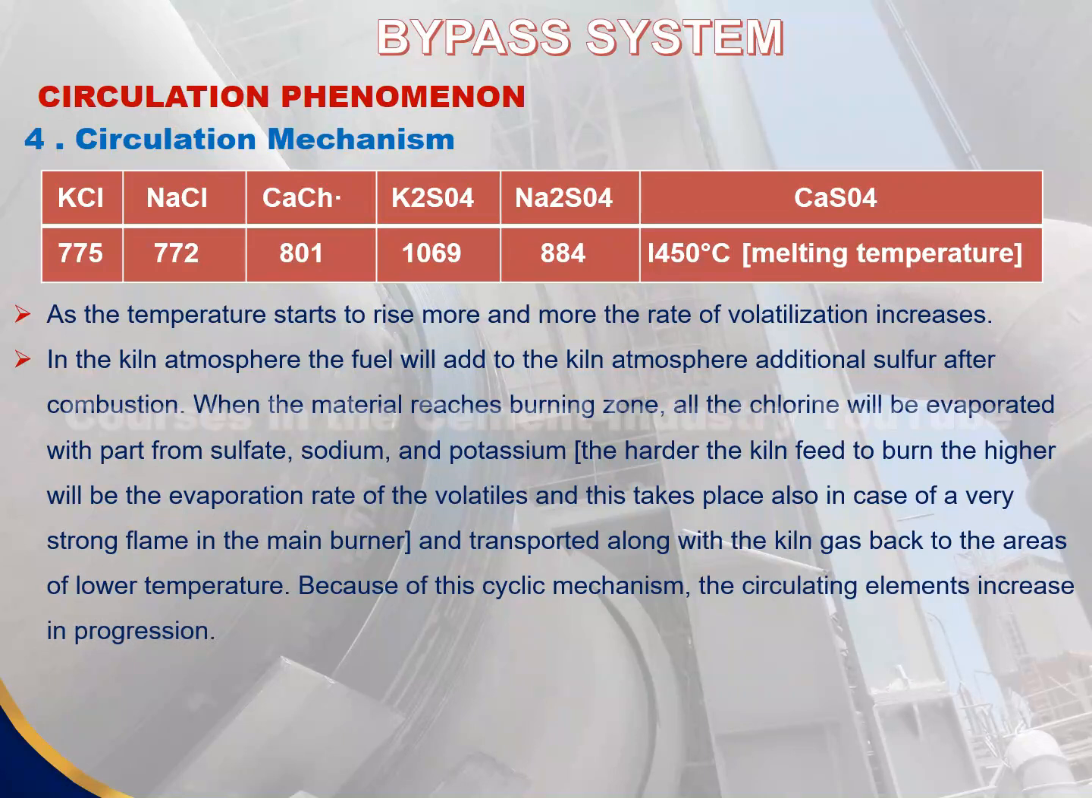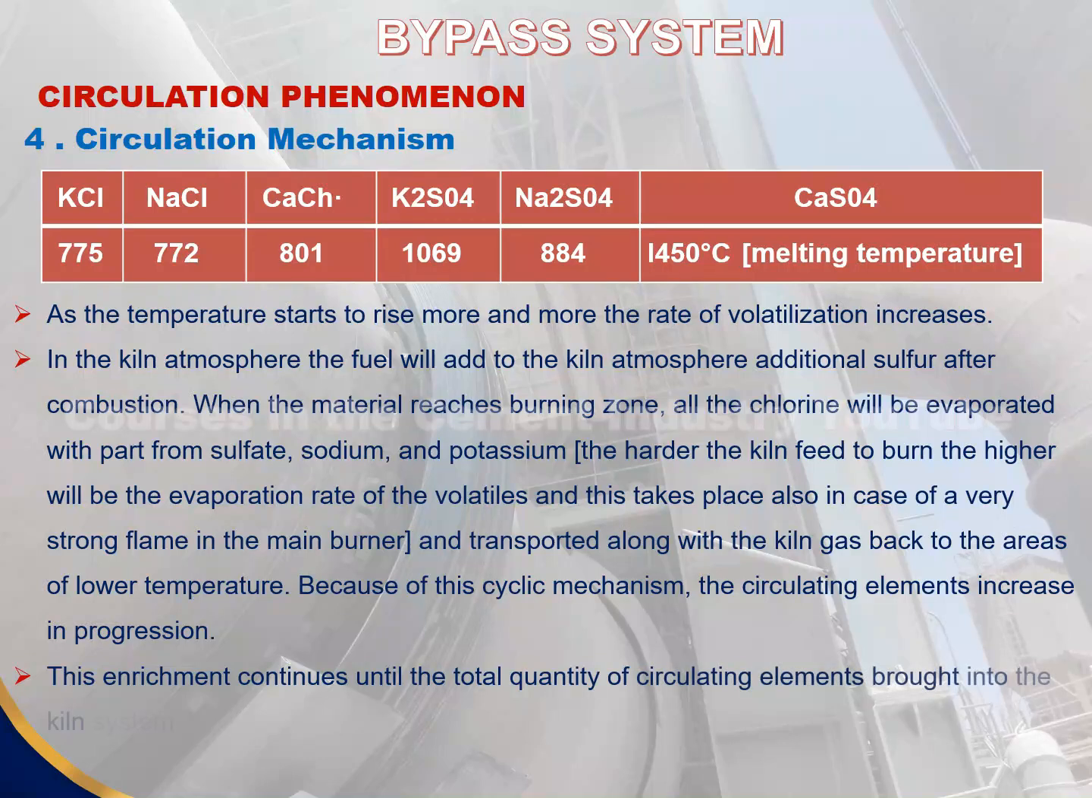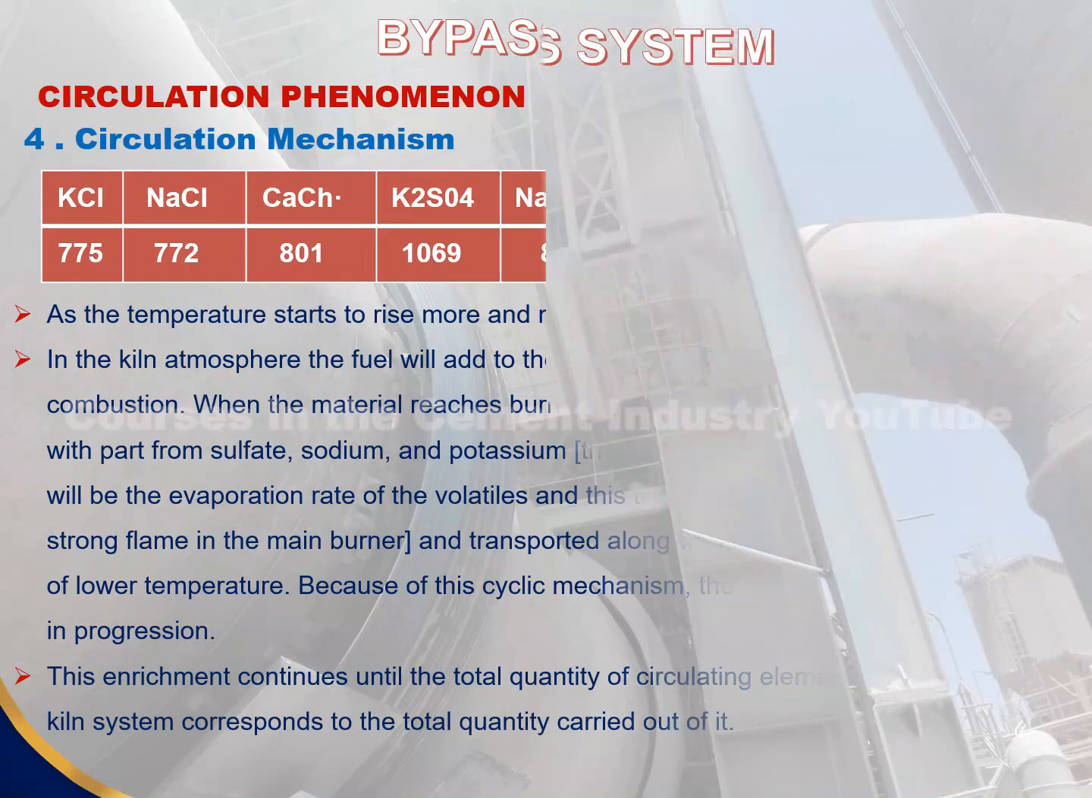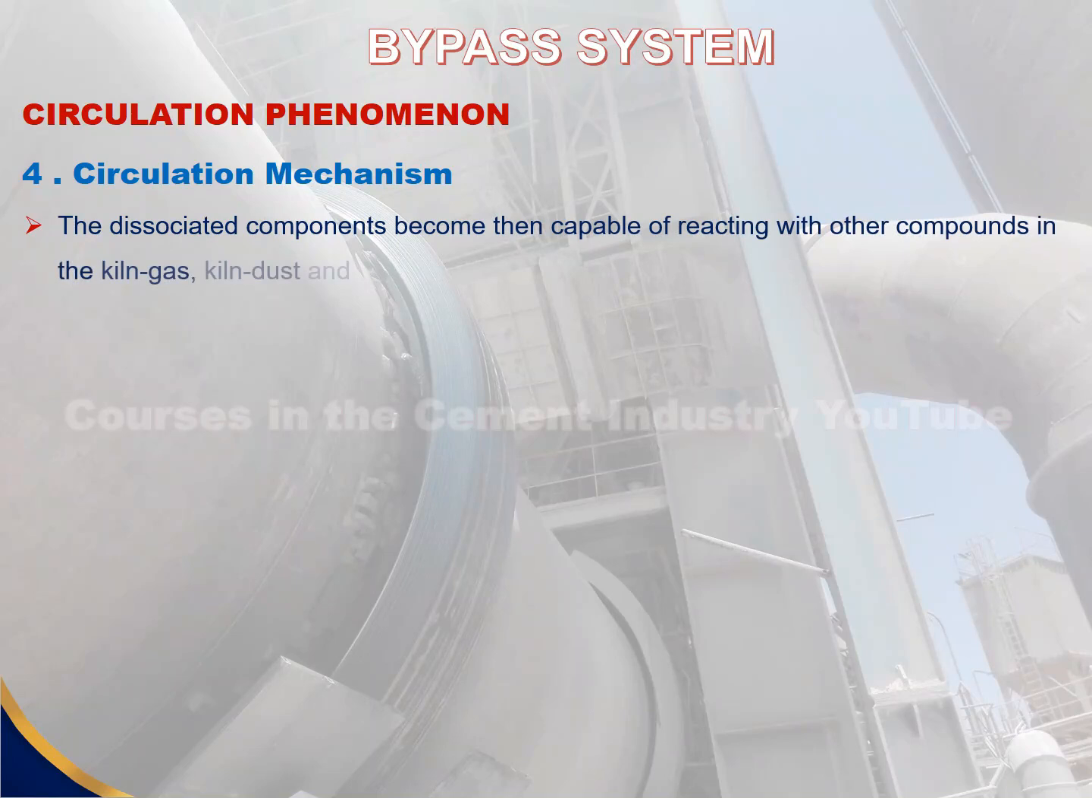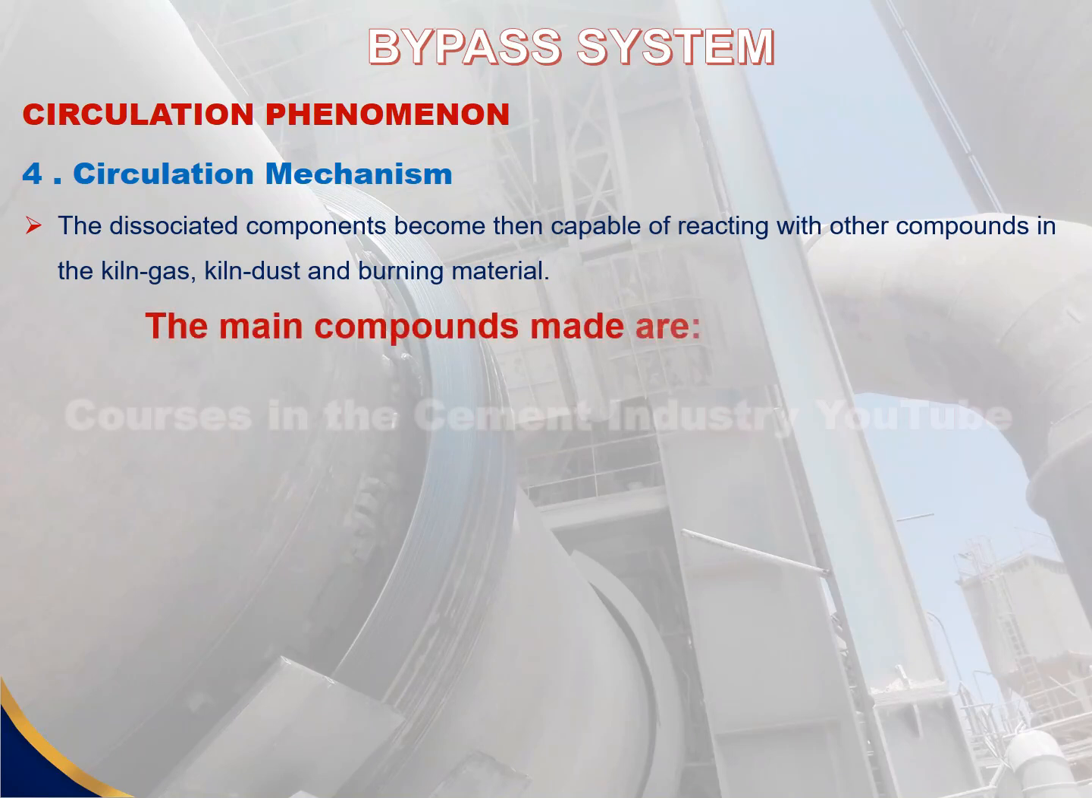Because of this cyclic mechanism, the circulating elements increase in progression. This enrichment continues until the total quantity of circulating elements brought into the rotary kiln system corresponds to the total quantity carried out of it. The dissociated components become then capable of reacting with other compounds in the rotary kiln gas, rotary kiln dust, and burning material. The main compounds made are